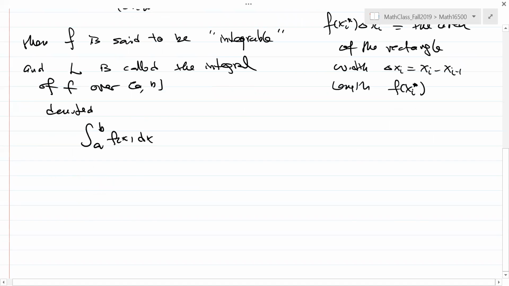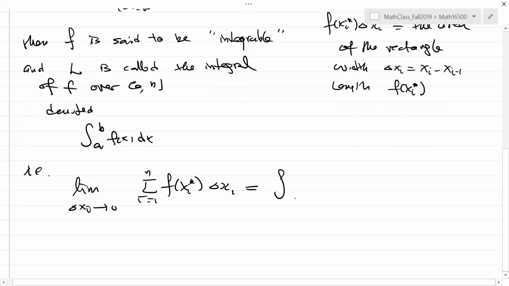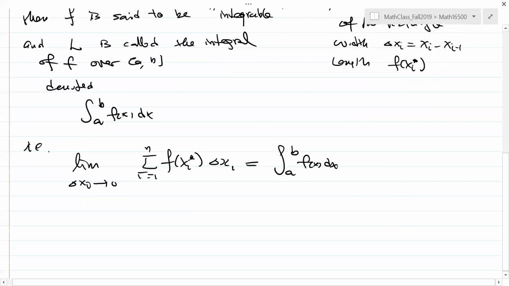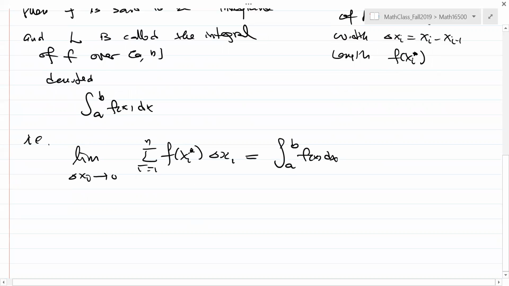Okay. Roughly speaking, in other words, the limit as delta xi approaches zero of this Riemann sum, if it exists, is going to be the limit, which is denoted by this symbol. In other words, if I ask you to evaluate this integral, and this integral comes from the Riemann sums, its value is going to be the limit of these Riemann sums. Okay. So the question is,